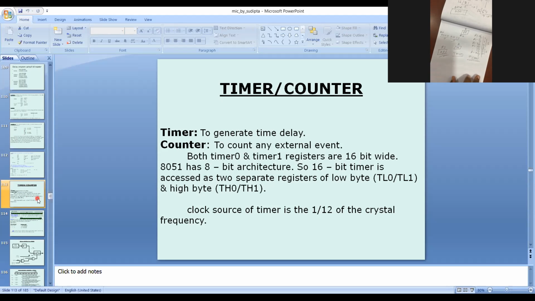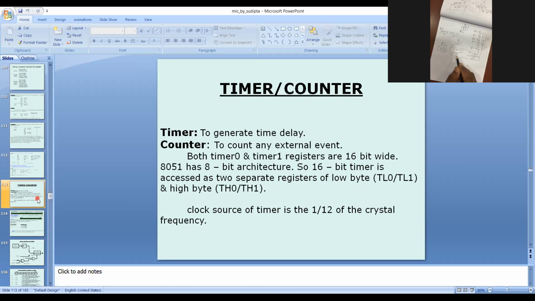What are the names? TMOD is the full name. I already explained it in the SFR registers in the previous class. TMOD is Timer Mode and TCON is Timer Control. We are explaining these two today.